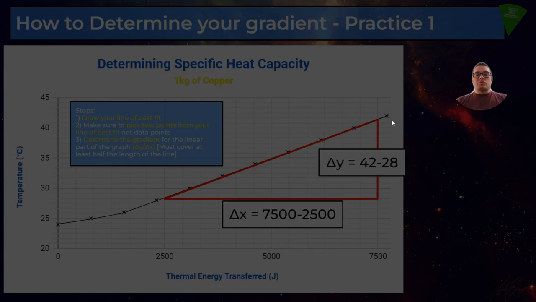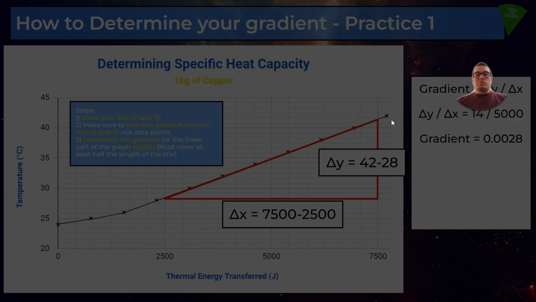So if we are doing this, obviously remember gradient is always the change in y divided by change in x, and using that approach, the gradient you'll get in this particular example would be 0.028. Obviously you need to take a bit of time to work that out, but the specific heat capacity is 1 over the gradient, so you have to do 1 divided by that number to work it out. So in this particular case, the specific heat capacity would be